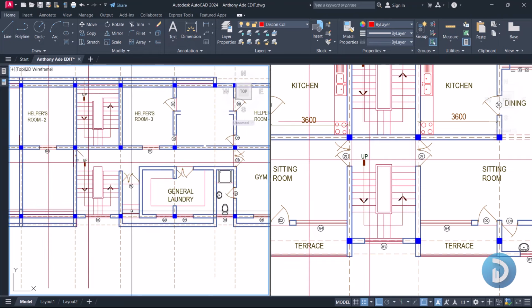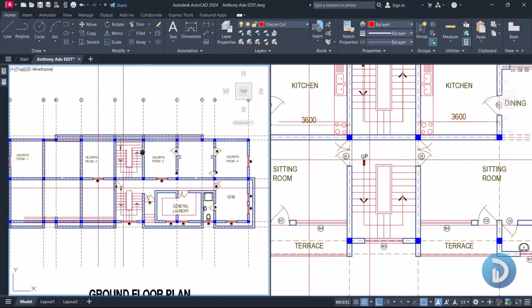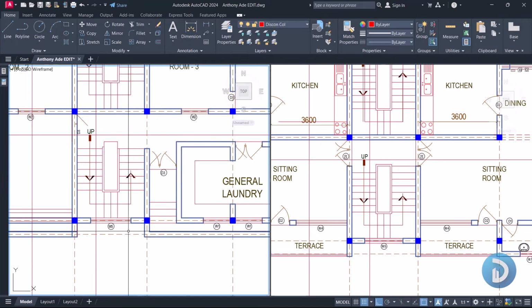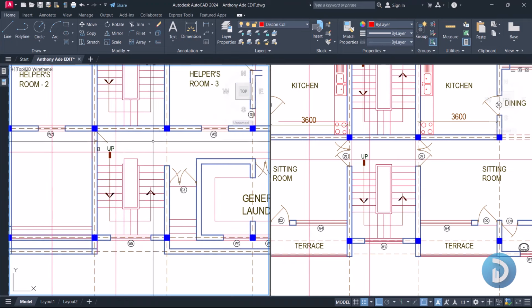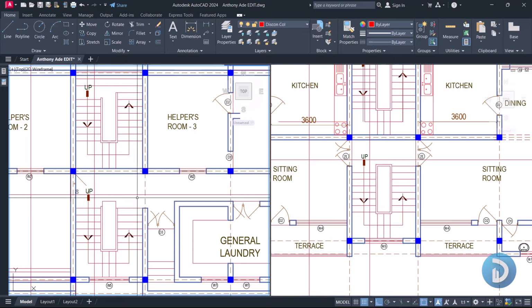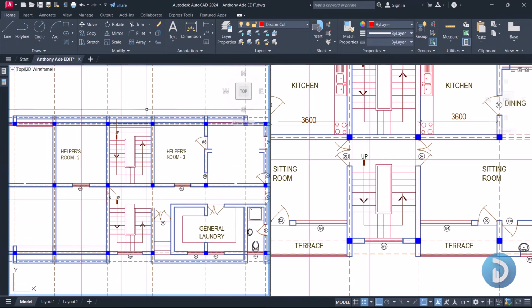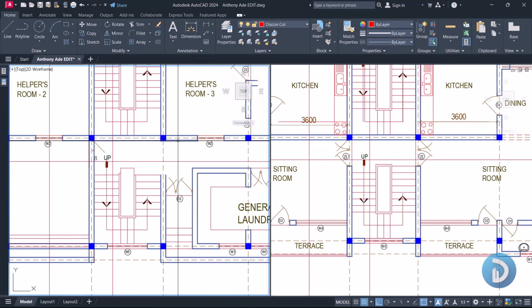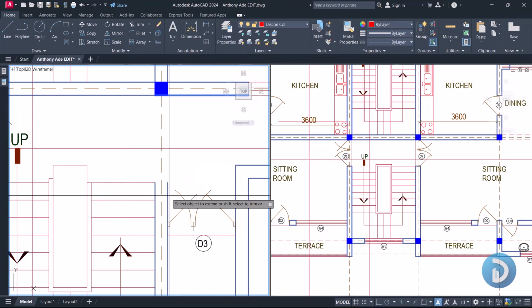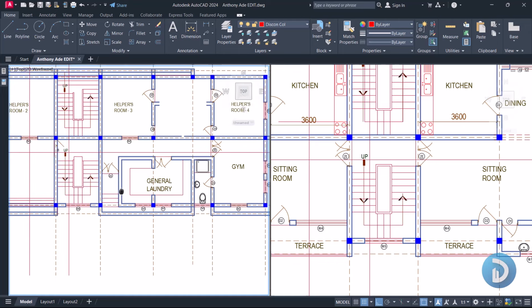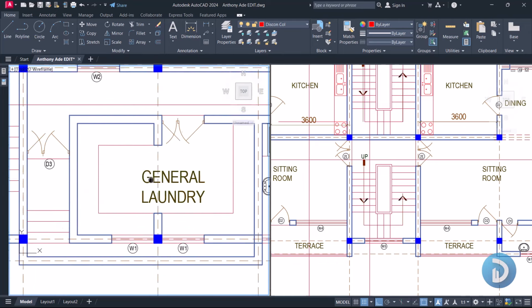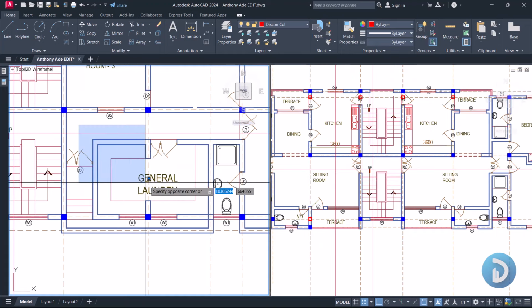All right, so we'll move from our grid line D, which is at the staircase area, to this other grid line. So it is clear that this part we have a straight beam coming from this place to this other part. So let's just extend this to here. Then the next is our grid line F. Okay, so we'll take out all these parts,